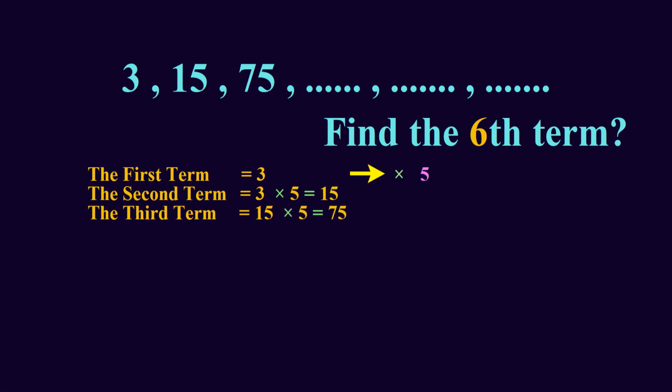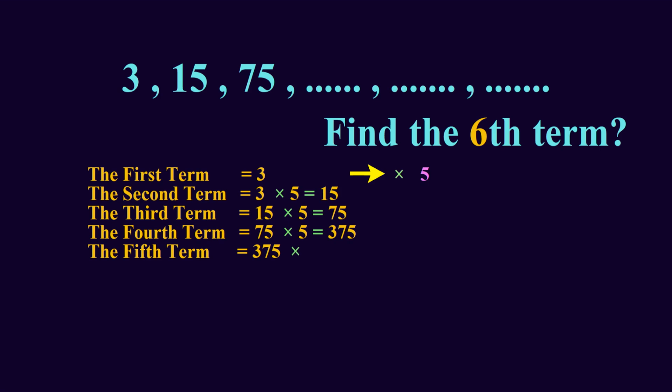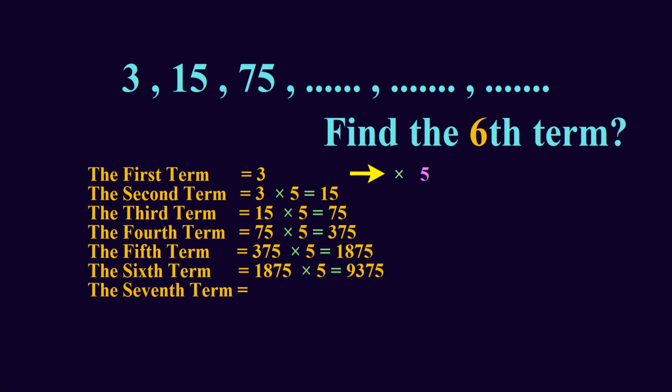And the fourth term is 75 times 5, which equals 375. And the fifth term equals 375 times 5, which equals 1875. And the sixth term is 1875 times 5, which equals 9375. And the seventh term is 9375 times 5, which equals